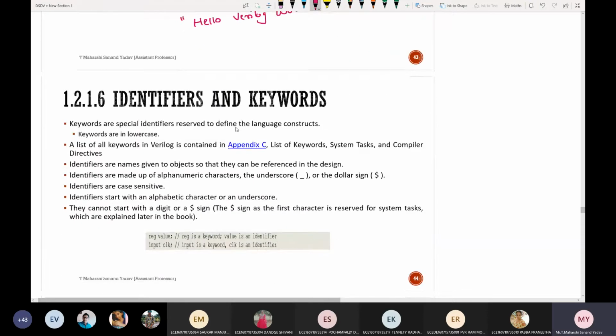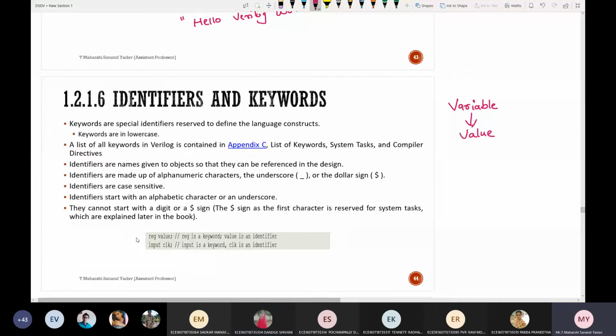Next, what is an identifier? An identifier is nothing but a name given to a particular object. What is the use of a variable? A variable is used to store a value, numbers, anything you can store.